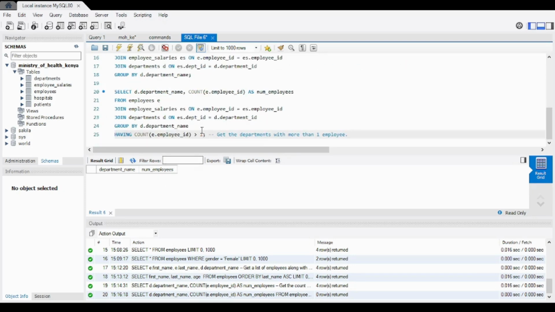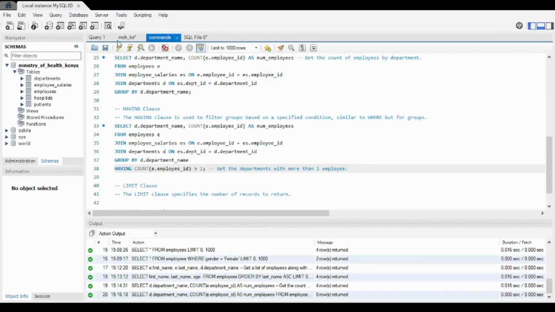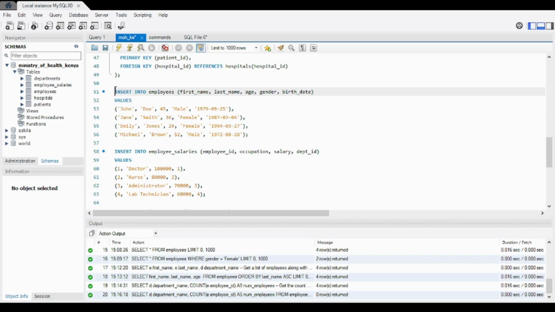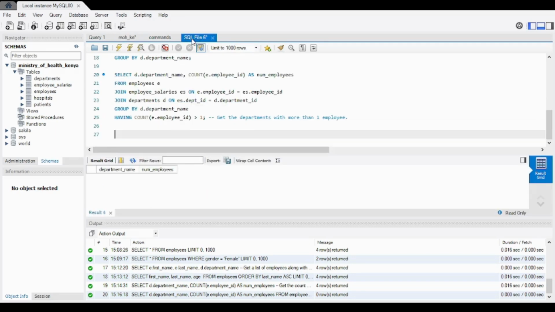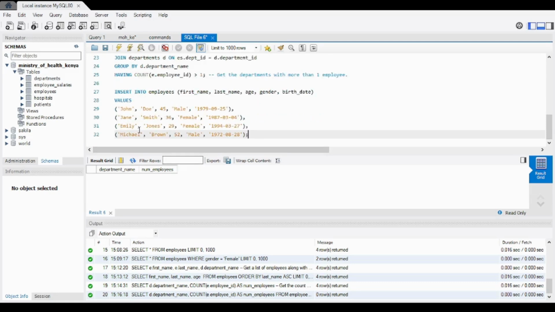So maybe we can add an employee to one of the departments so that we see if it's going to output that. So to do that, let's come here and copy this command so that we insert more names into the employee table. So let me just give them